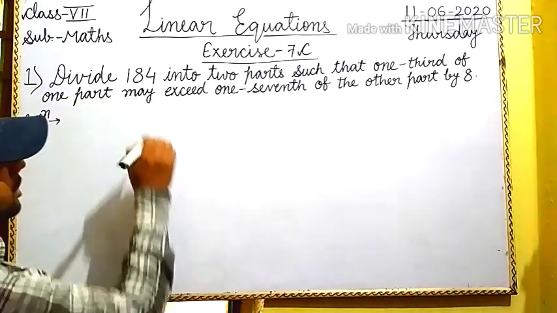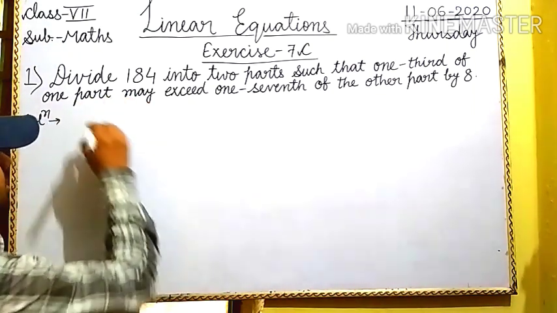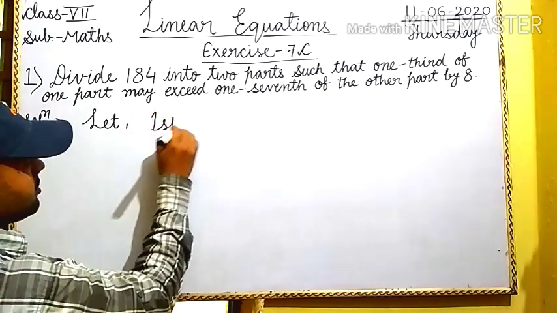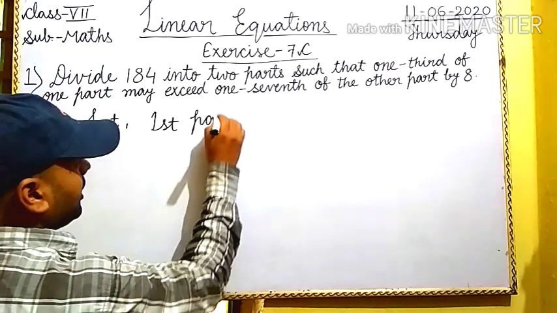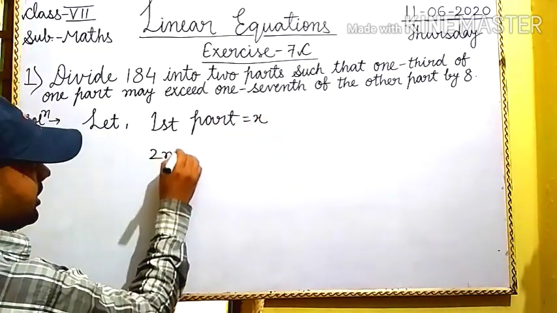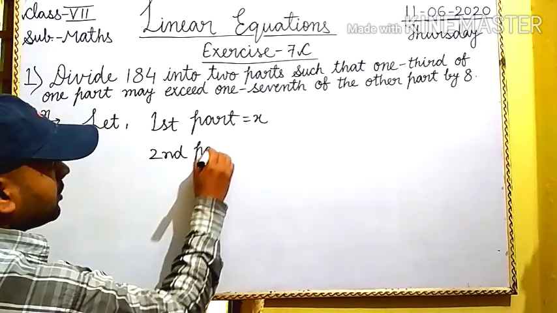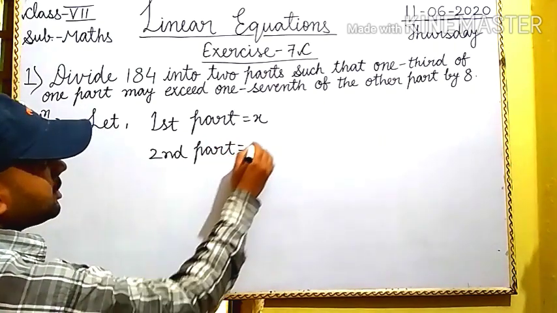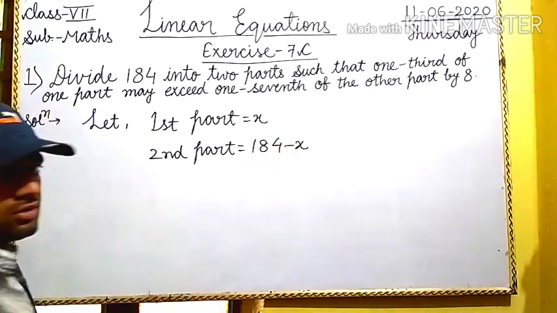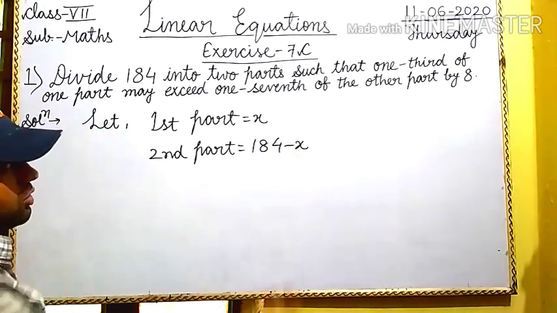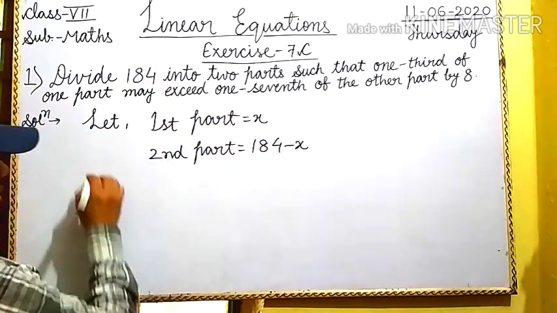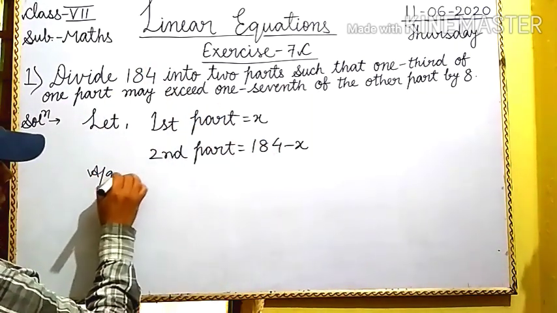So here, divide 184 into two parts. First we let the first part be x. The second part, the complete sum given is 184, so it is 184 minus x. Both parts added, lastly we find 184. According to the question,